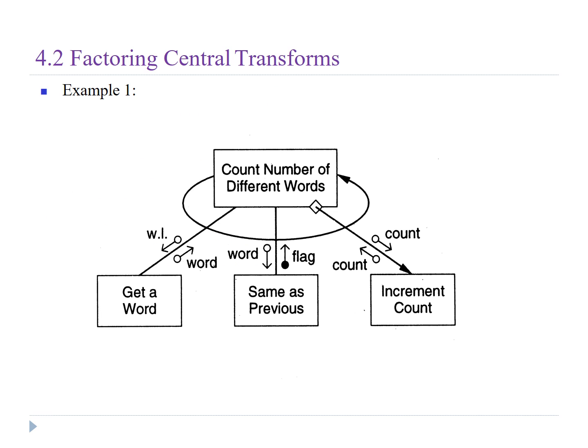So look at this diagram. This is for the central transformation. In our case, our central transformation was count number of different words. However, this can be categorized as get a word, same as previous, or increment count. However, this increment count is decisional. This is a decision call because a diamond shape is there. So if the condition is true, only then it will be invoked. Otherwise, you can see that there is a loop over here. That means all these sub modules will be covered in this particular loop, and this is a repetitive call. So in this way, we can factor